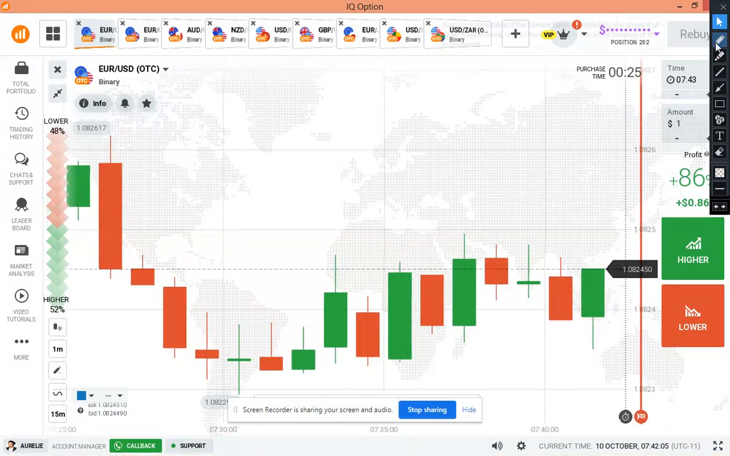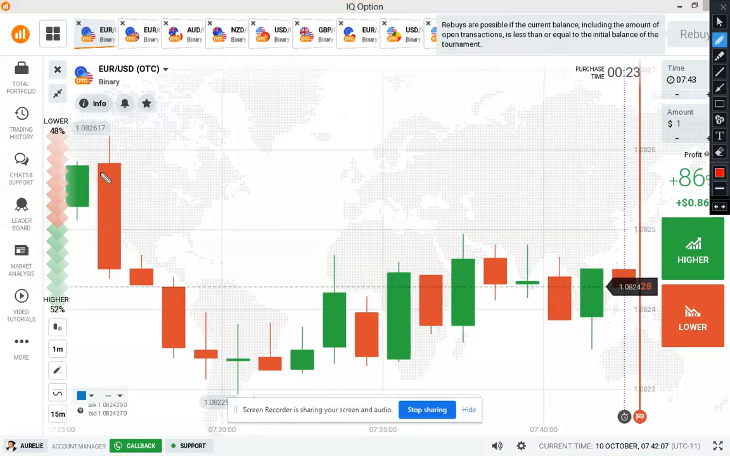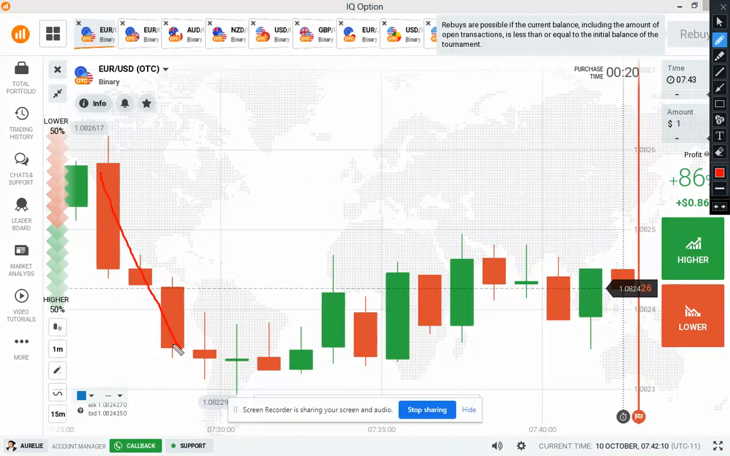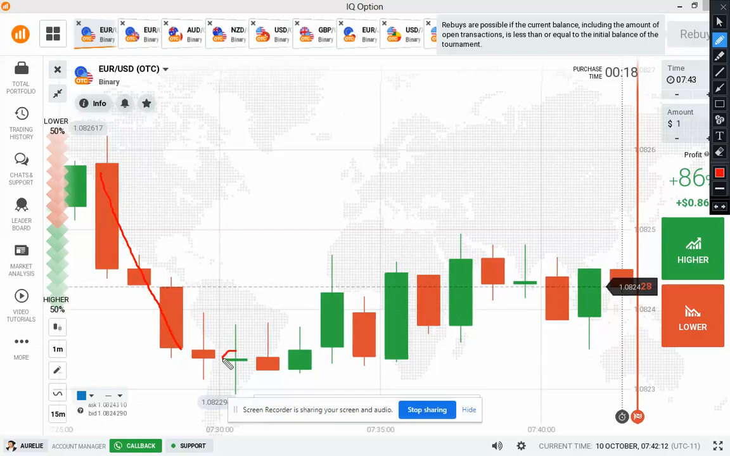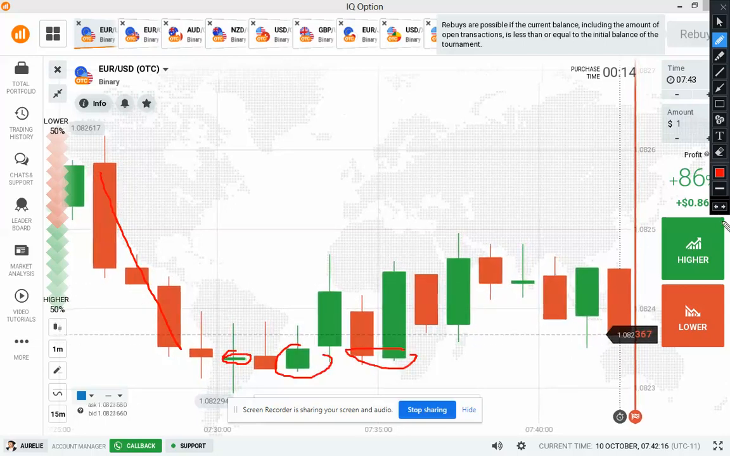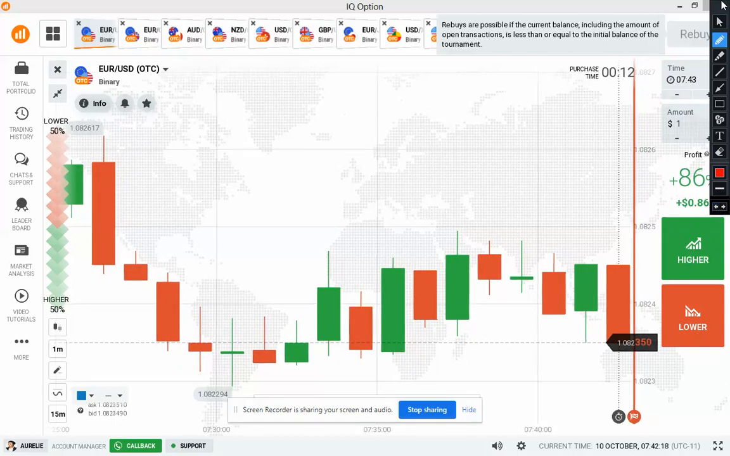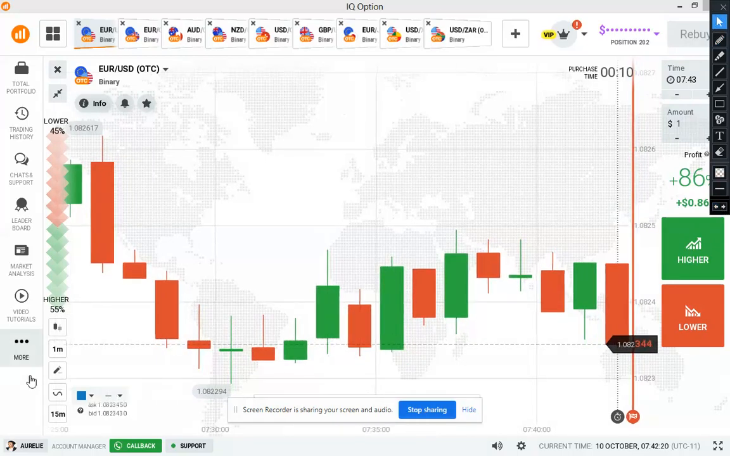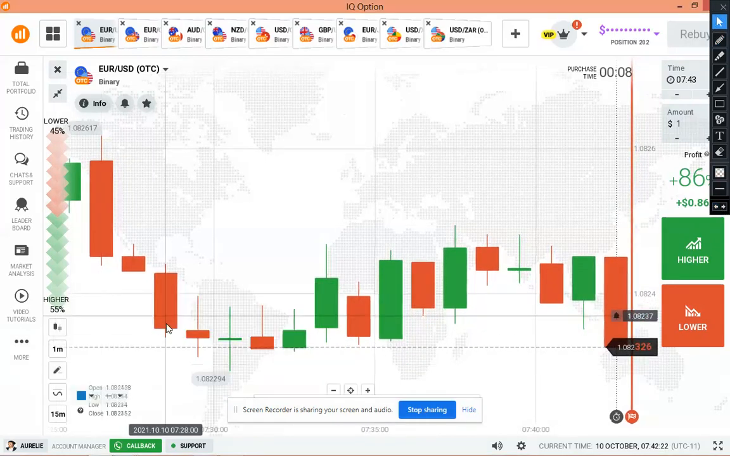So I will look at the way the market reacts. When the sellers are entering the market, they finally reverse from this level. This is where we start seeing some bias candles, right? That is the area where we start seeing some bias candles. So what I'm going to do is draw a level here